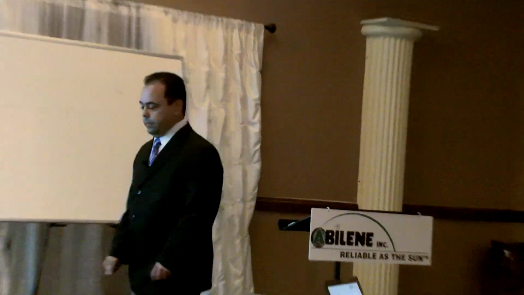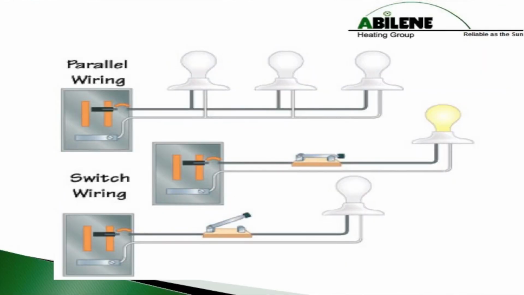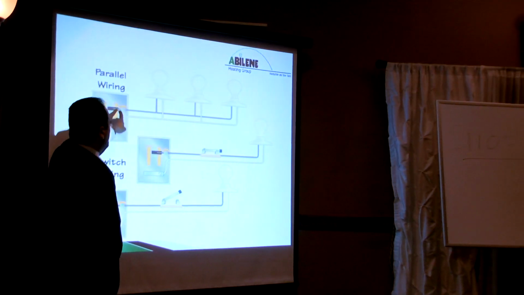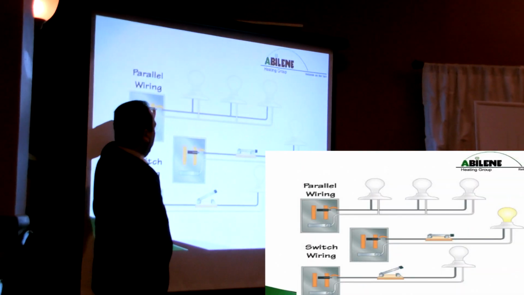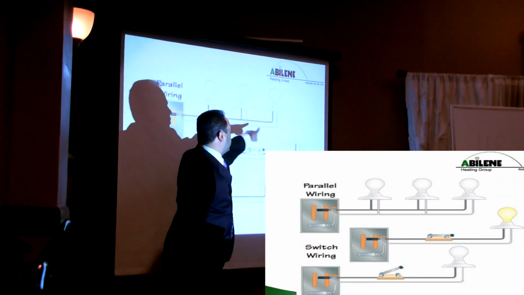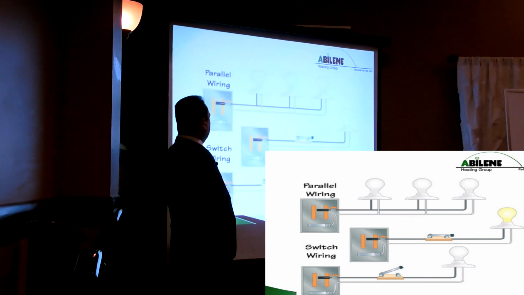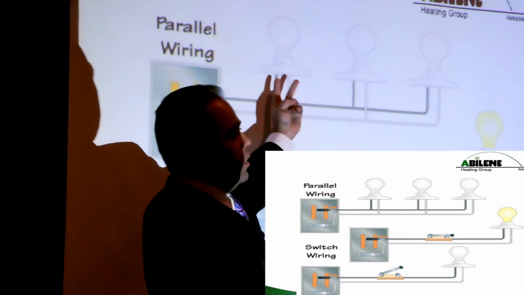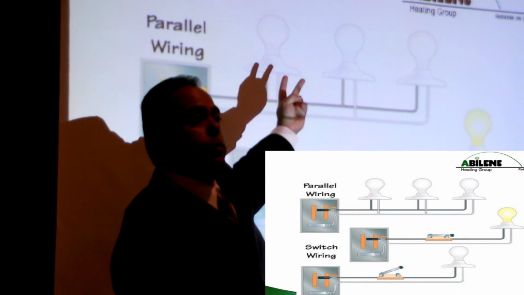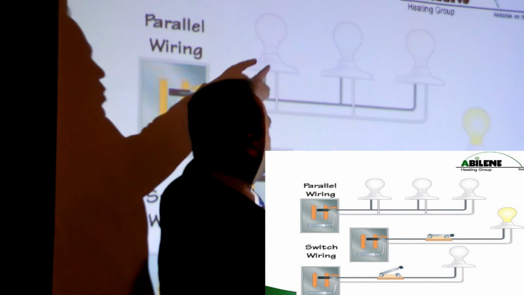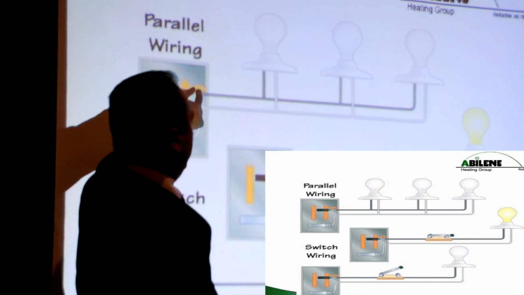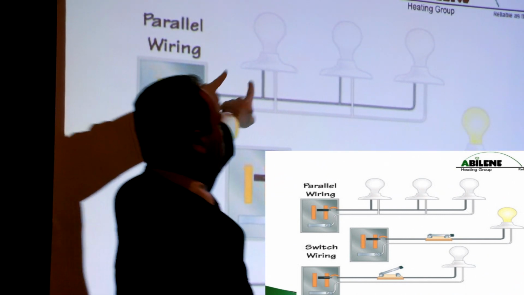Parallel wiring. Right out of the circuit panel, if I bring one breaker and a fuse, when you see this, that means a fuse, all right? And I put 3 lights all in parallel. This is my neutral wire. This is my hot. Together, I get 110 volts. These 2 wires together, okay? Parallel circuit. If I put them all in line and I energize this, all these lights are going to light